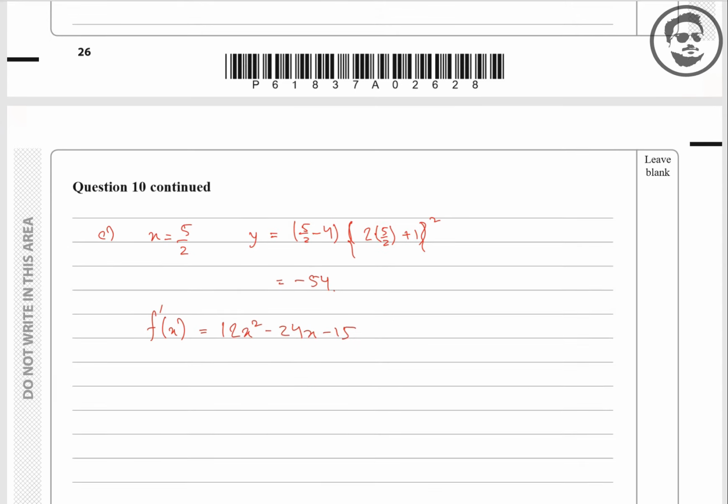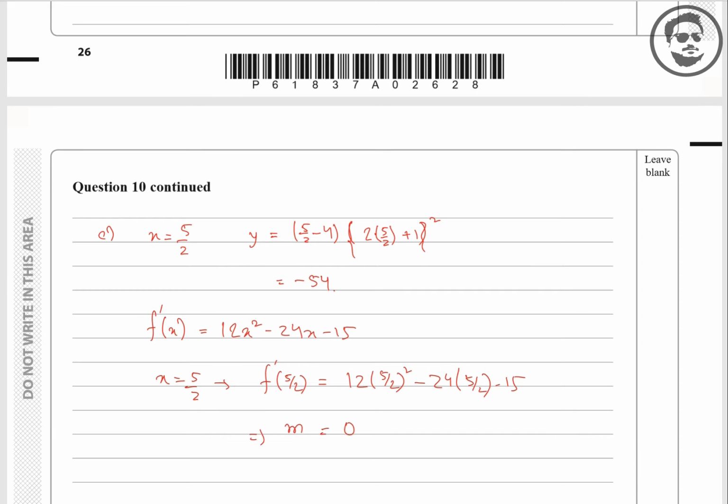So if we put x equals 5 by 2 in f prime of x, then we will get 12 times (5 by 2) whole square minus 24 times 5 by 2 minus 15. This will give us the gradient